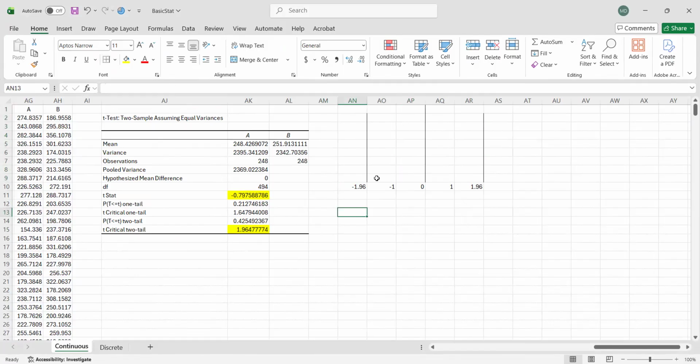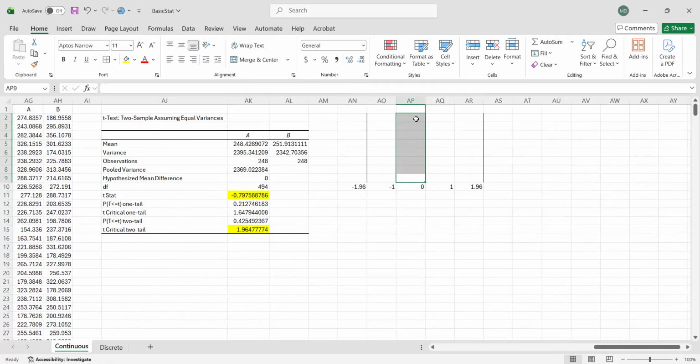So we have the negative side and the positive side. Our t-stat is equal to negative 0.079, so it is somewhere here. If this is our entire acceptance range and our t-stat falls somewhere here, then it falls within the acceptance range.